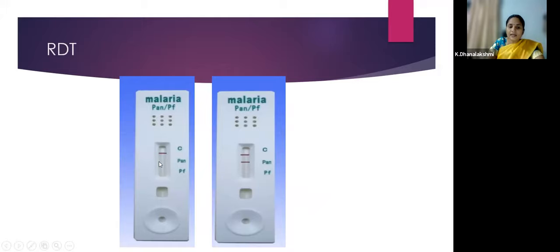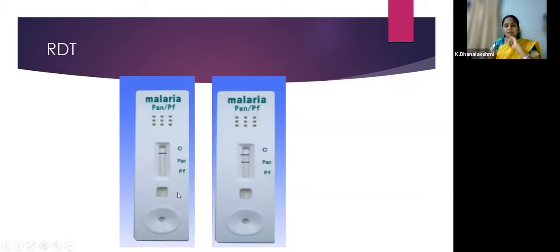If you get a line only here, it is non-falciparum, but it is not able to differentiate whether it is a vivax or other malarial species. So you can say other than falciparum, some other species of malaria is causing the problem. In India, it is more commonly vivax, so you can take probable vivax malaria. If 2 lines are positive, then it is a mixed infection. Then you treat like falciparum infection.